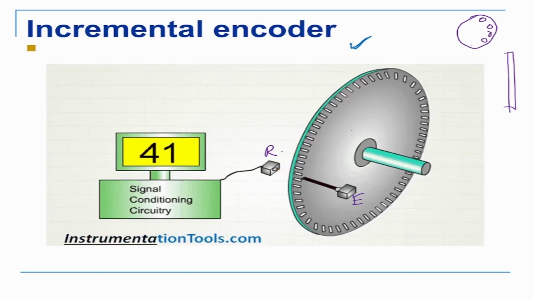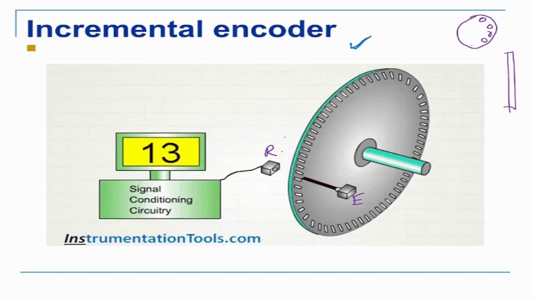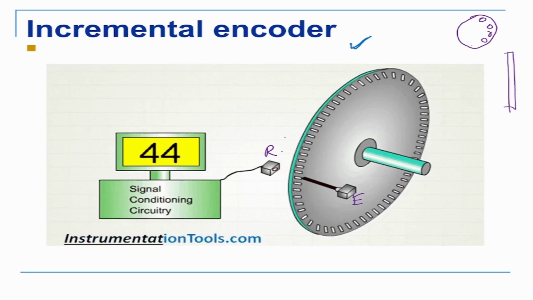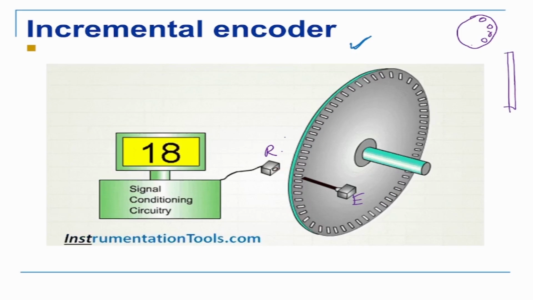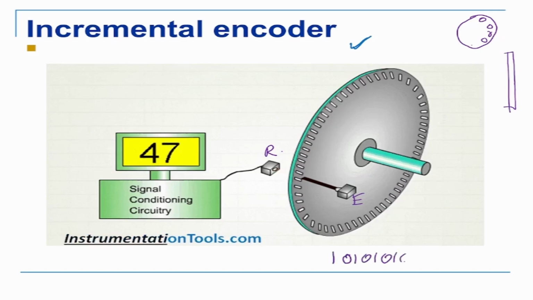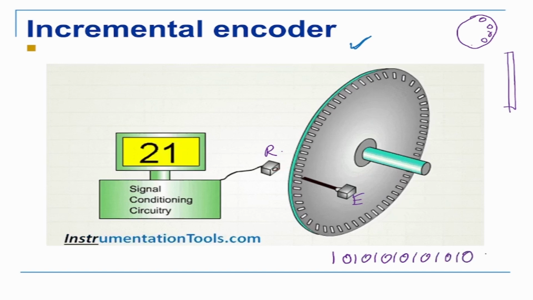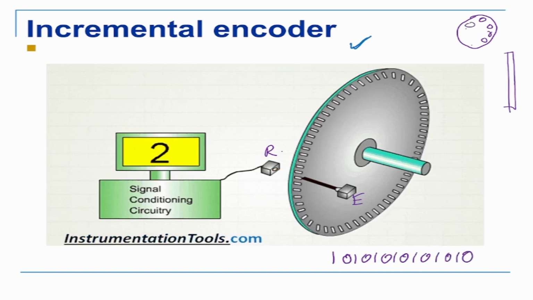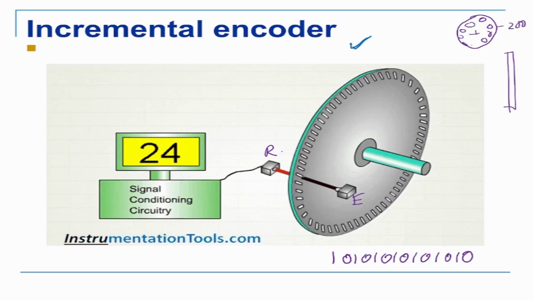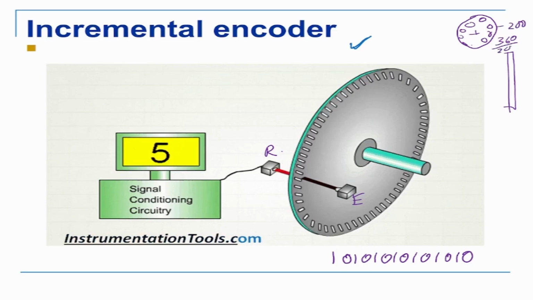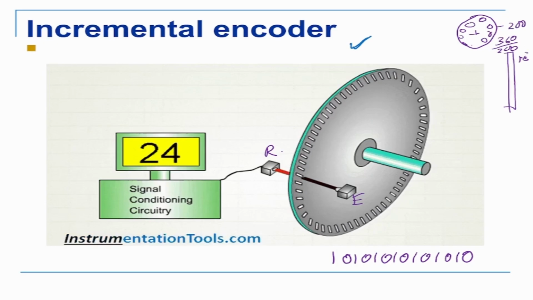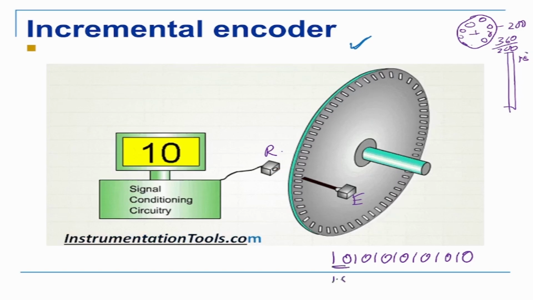Whenever the light goes through, it gives a signal of 1. Whenever light is not going through, the signal is 0, which basically means voltage or no voltage, 1 and 0. So as it is rotating, you'll get signals of 1 0 1 0 1 0 like that. Now in this encoder, suppose there are 200 holes, and one rotation is 360 degrees. Then 360 degrees divided by 200 is 1.8 degrees. So the distance between any two of these is 1.8 degrees.